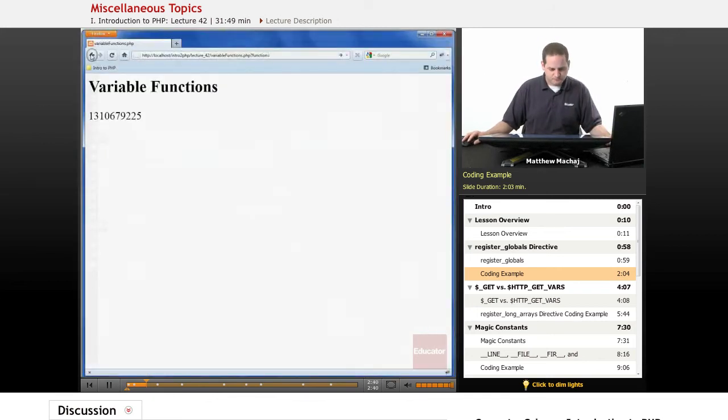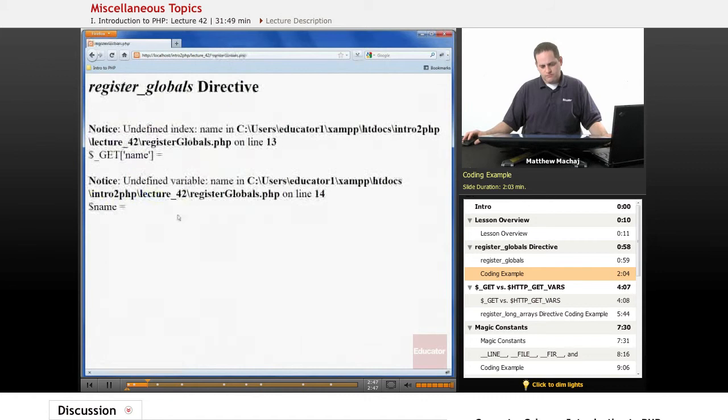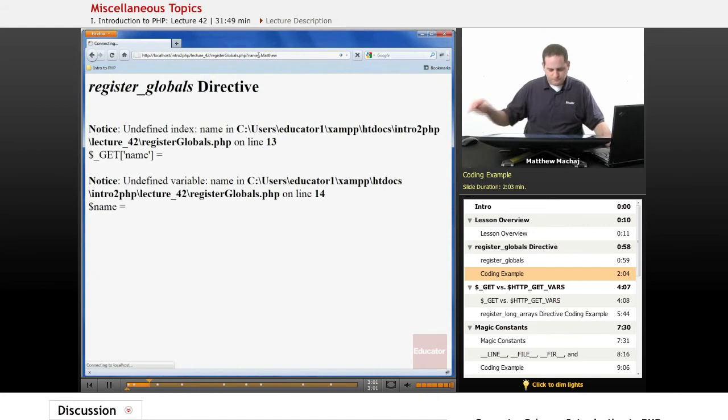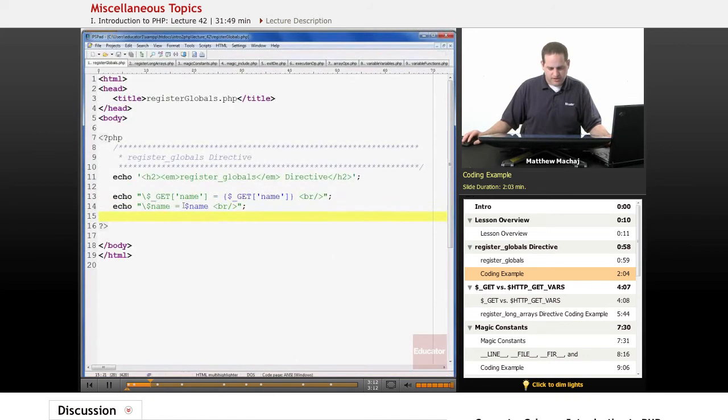So if we actually go ahead and look at registerglobals.php, the first thing we're going to see is an error. It's going to say an undefined index and an undefined variable name. The reason it says undefined index is because we haven't provided a get variable called name. So if we provide name, set it equal to Matthew, we're going to see that _get name equals Matthew, but then it's going to say that there's an undefined variable name and it's not going to have a value to output. And if we go and look back at the script, we can see that this is where we've tried